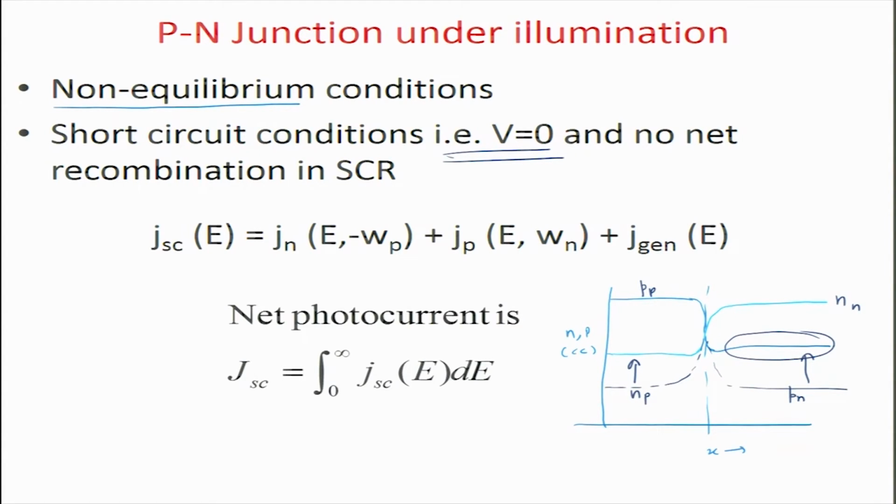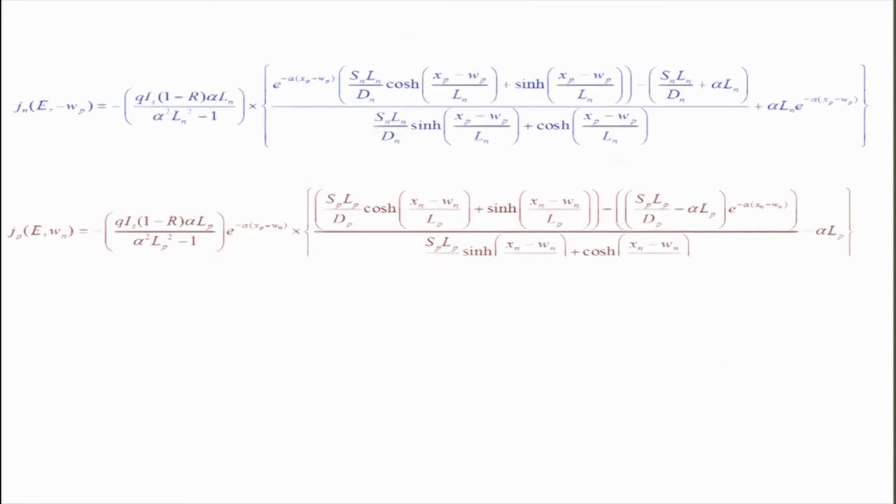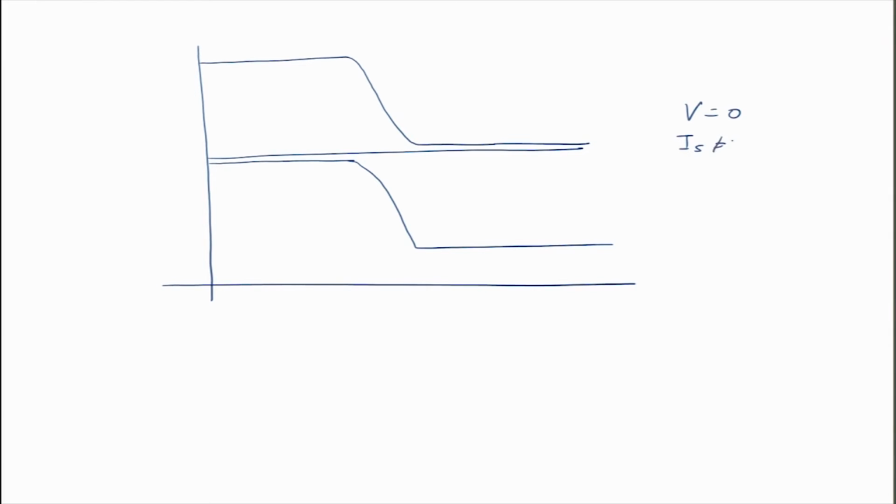There is no bias. So if you look at the Fermi level, if you look at the energy situation, I can maybe insert a slide here. I will come back to the slide again. So if I just draw the energy band diagram, let us say this is at 0 and this is your EC, and this EC is like this. Okay. So we are having V equal to 0, but I_S is not equal to 0. So this condition is called short circuit